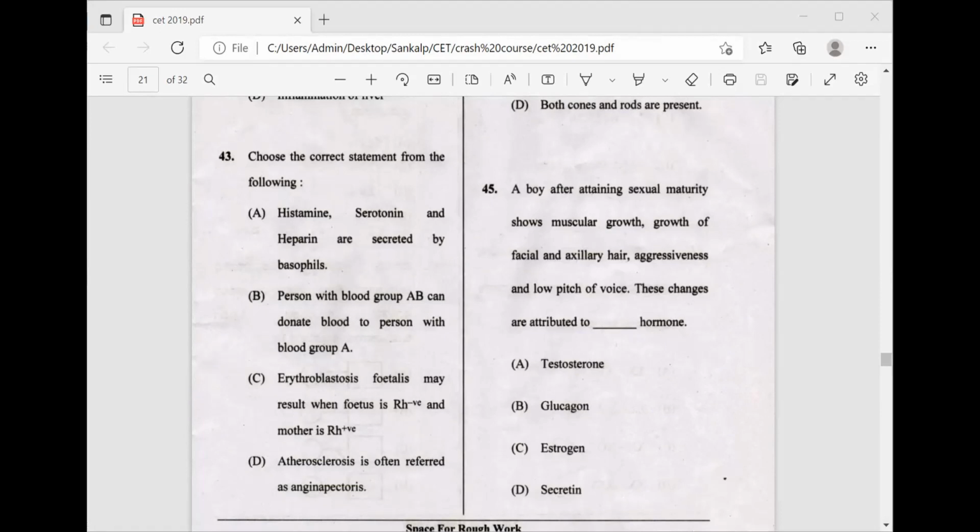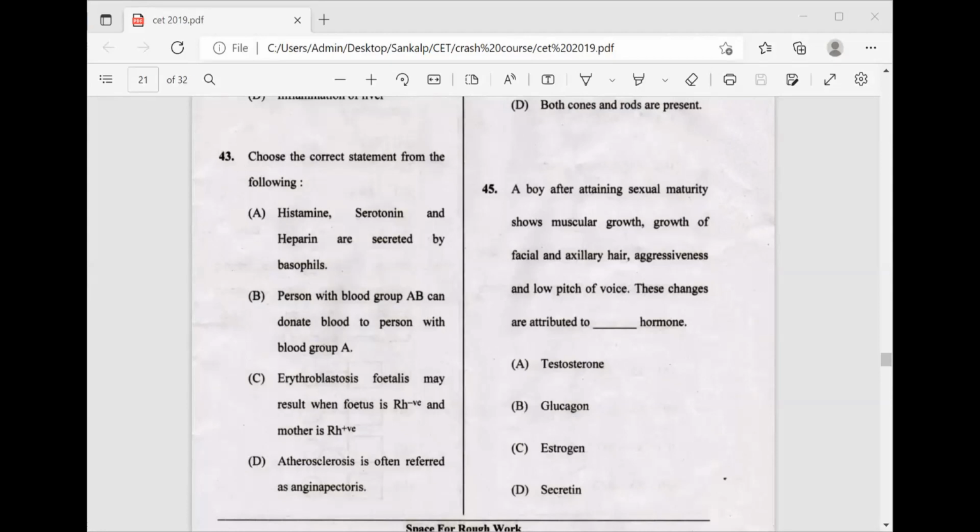Yes, Janvi answered option B. Kirtana, option B. Sindhu, option B. Vanikesh, option B. Tasmia, option B. So the right answer for the 43rd question is option A, that is histamine, serotonin, and heparin are